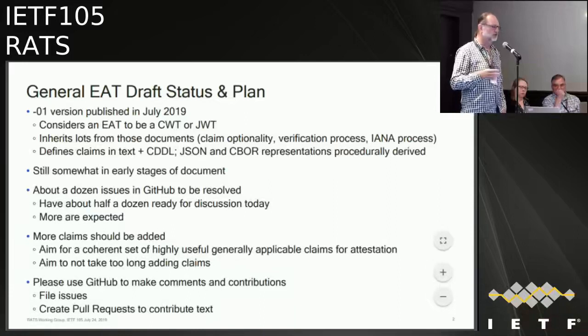I think it's nice to be able to have that based on the CDDL and describe each claim without going into any details of the JSON or CBOR representation or some other representation. That becomes the core of the definition of the claim, that text plus CDDL. So the CDDL is being used normatively here. I'm not sure that that's been done before. Everything I've seen doesn't use it normatively.